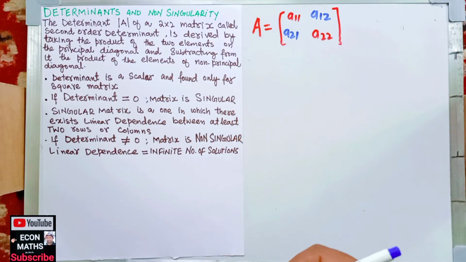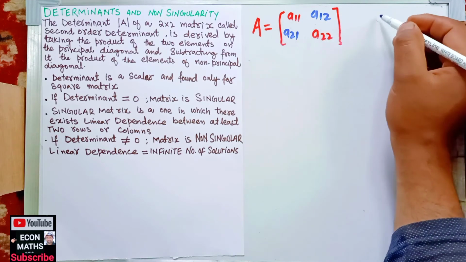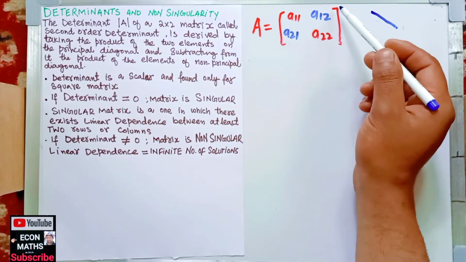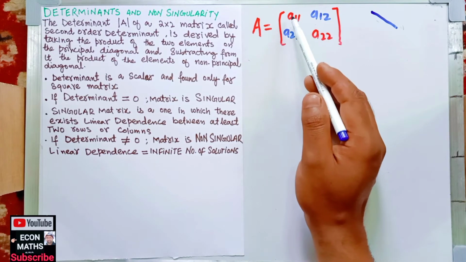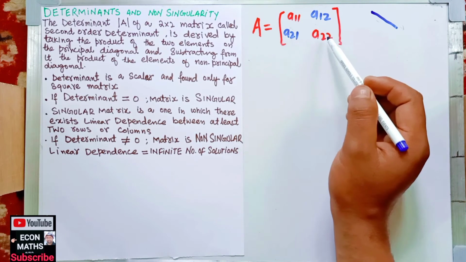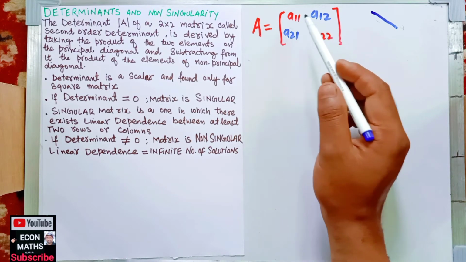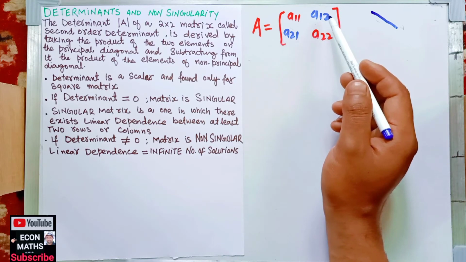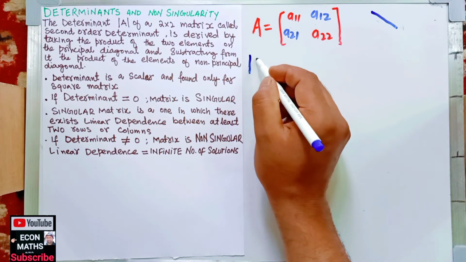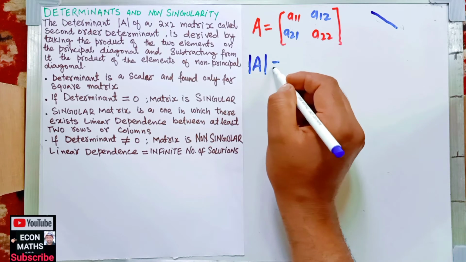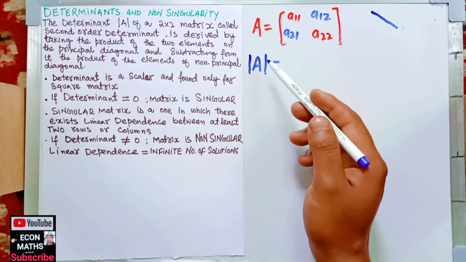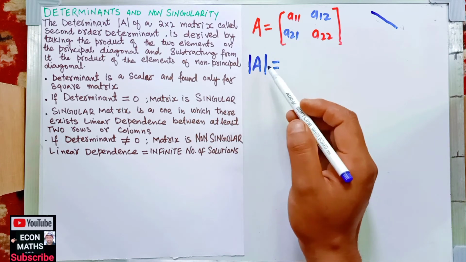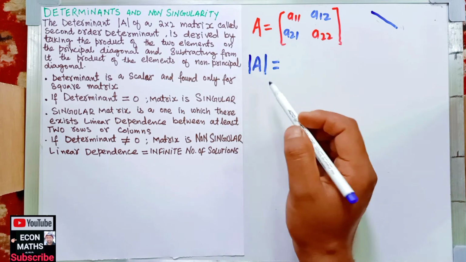This diagonal, which is like the backward slash, is called the principal diagonal, and this one is the non-principal diagonal. We take the product of the two elements on the principal diagonal, and we subtract from it the product of the elements on the non-principal diagonal. The determinant is denoted by this symbol, and it is not to be confused with the absolute value. So this whole is the determinant symbol, and this is not the absolute value. Now this is given by,